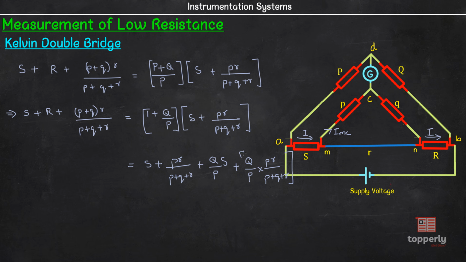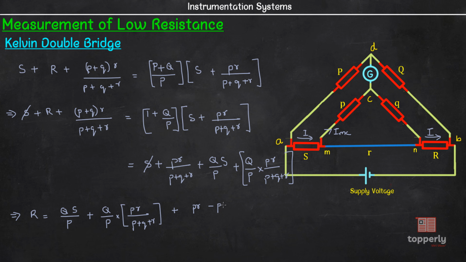Okay, and we have S common on both sides, so we can cancel them out, and the equation becomes capital R is equal to capital Q into capital S by capital P plus capital Q by capital P into small pr by small p plus small q plus small r plus small p into small r